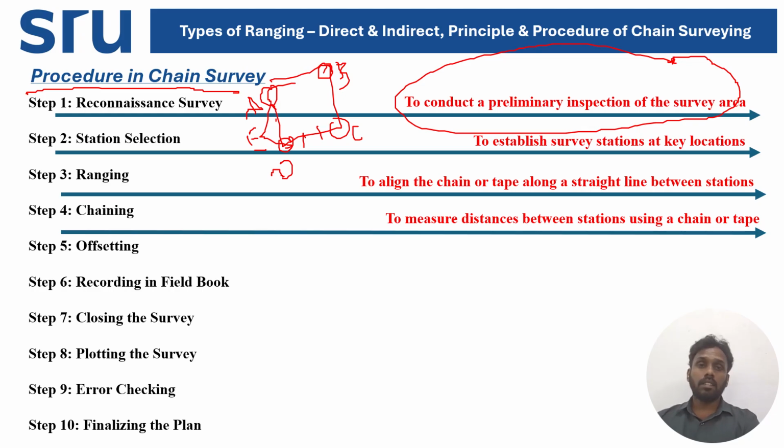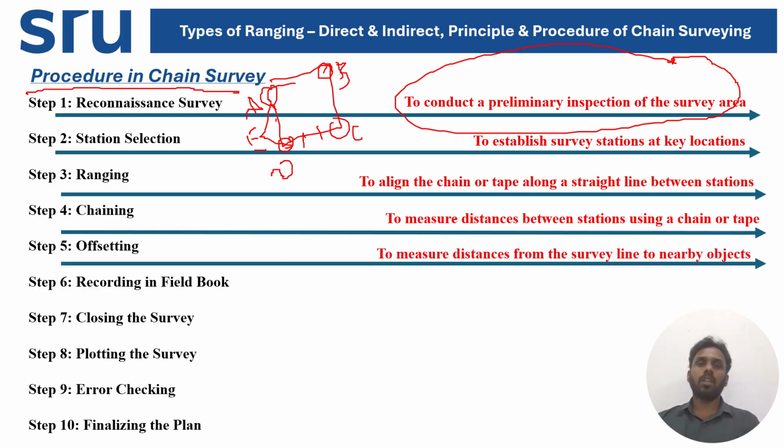Then after measuring your distance between your stations, you are going to do offsetting, right? So you are going to mark the existing structure. For example, this is a structure. If there's a building located here, what is the distance between your main survey line and the particular structure or object? This is very important because you took a plot of an area and a distance of a survey, right? You are planning to build a house, right? So before doing your planning, you should know